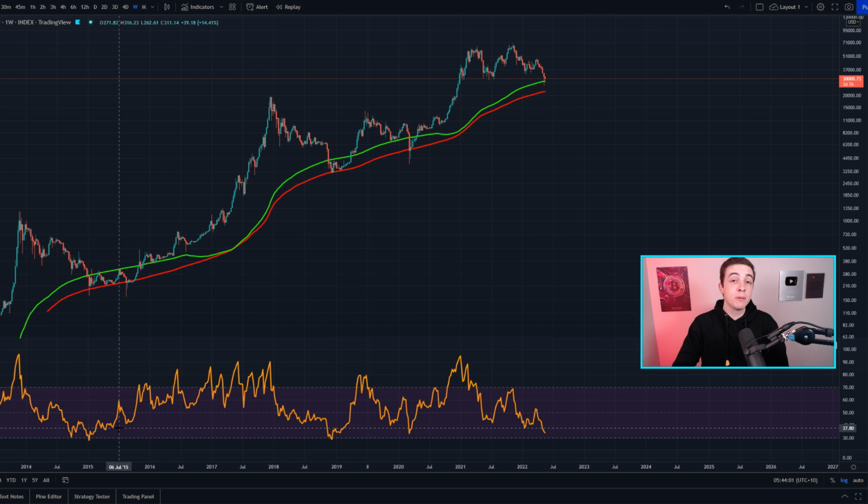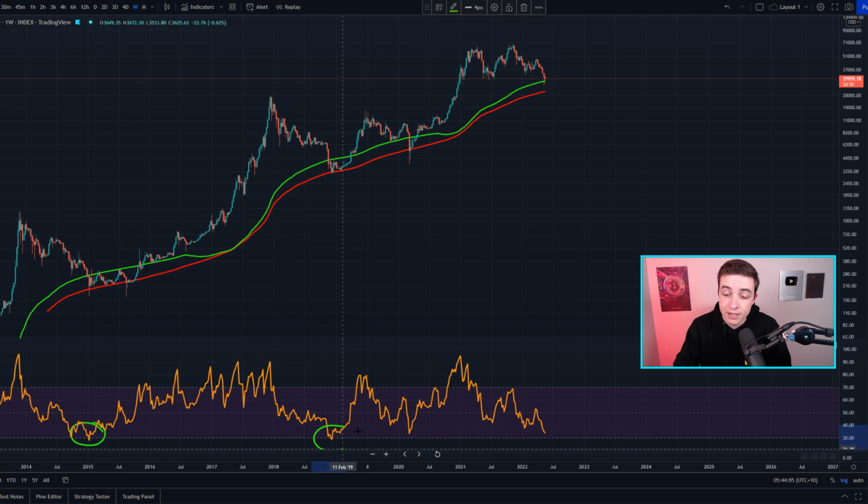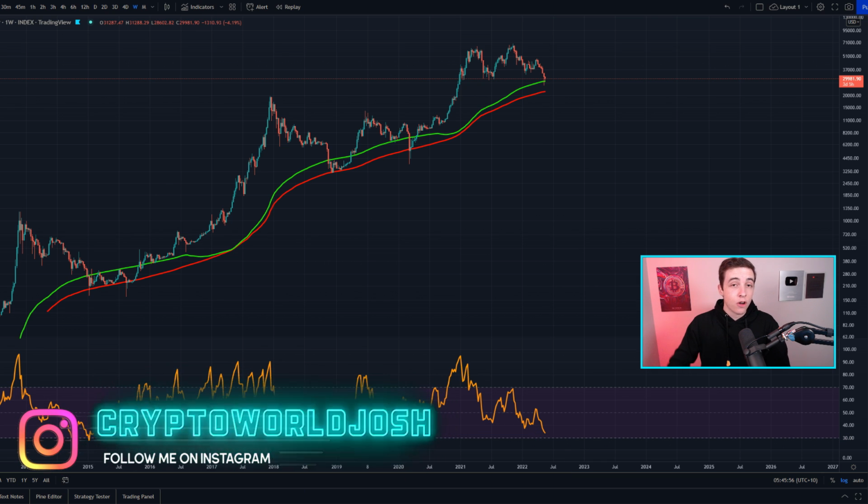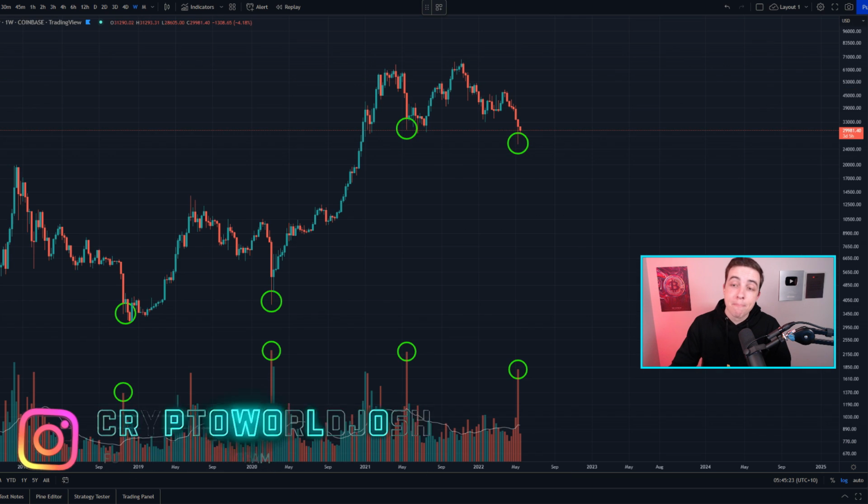And this can also be paired with the weekly Bitcoin RSI, because this gives us buy signals of similar significance pretty much any time the weekly Bitcoin RSI enters into oversold territories. And if you're looking at where it is right now, we're getting very close to oversold territories, but we're not there just yet. But what has been confirmed on the weekly Bitcoin chart is the massive spike we've seen in